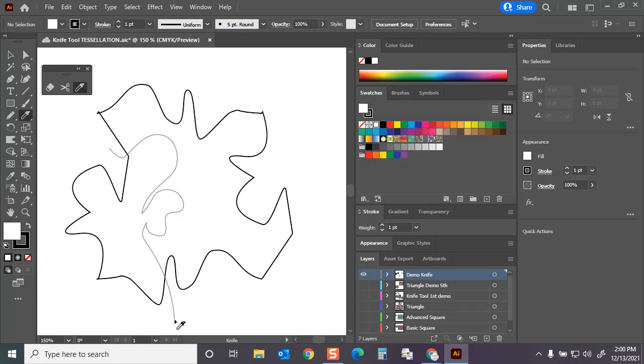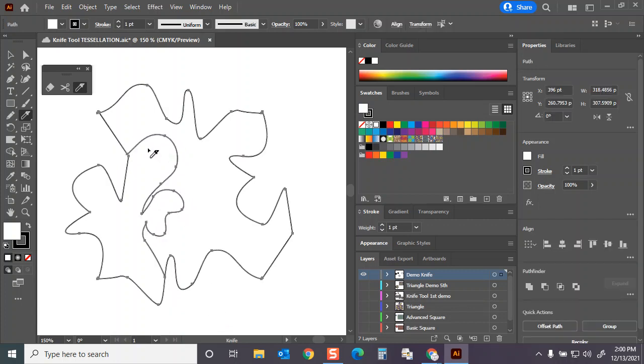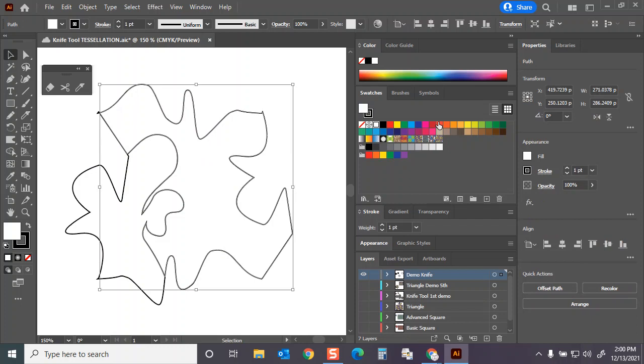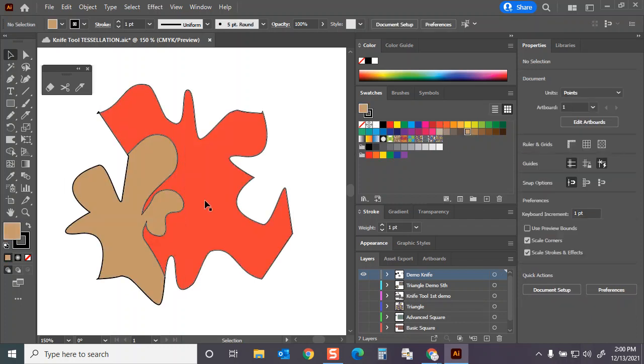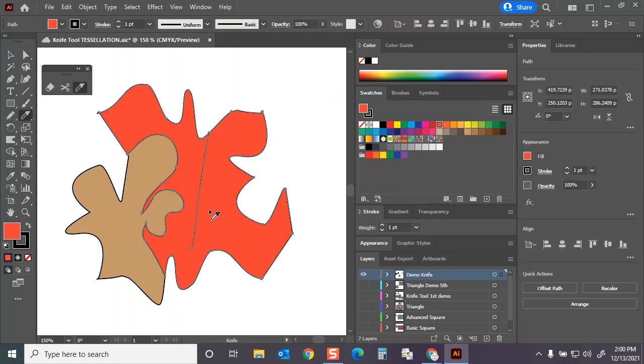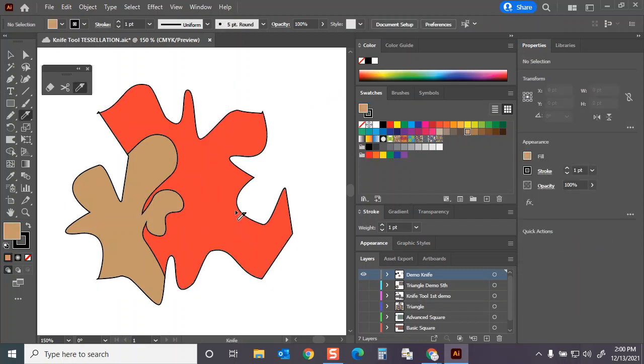Now I've started and finished my knife tool segment outside the shape and outside the shape. That will allow me to then apply different values to these. Okay, and you can have a different color in each shape. If you only click and drag halfway through, it doesn't cut it fully through. So you do have to start your cut